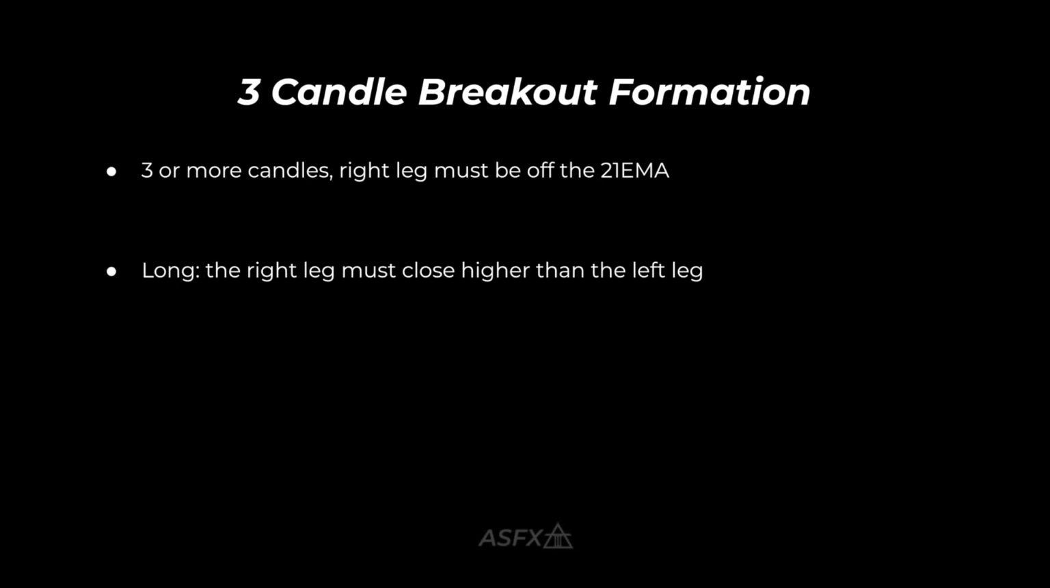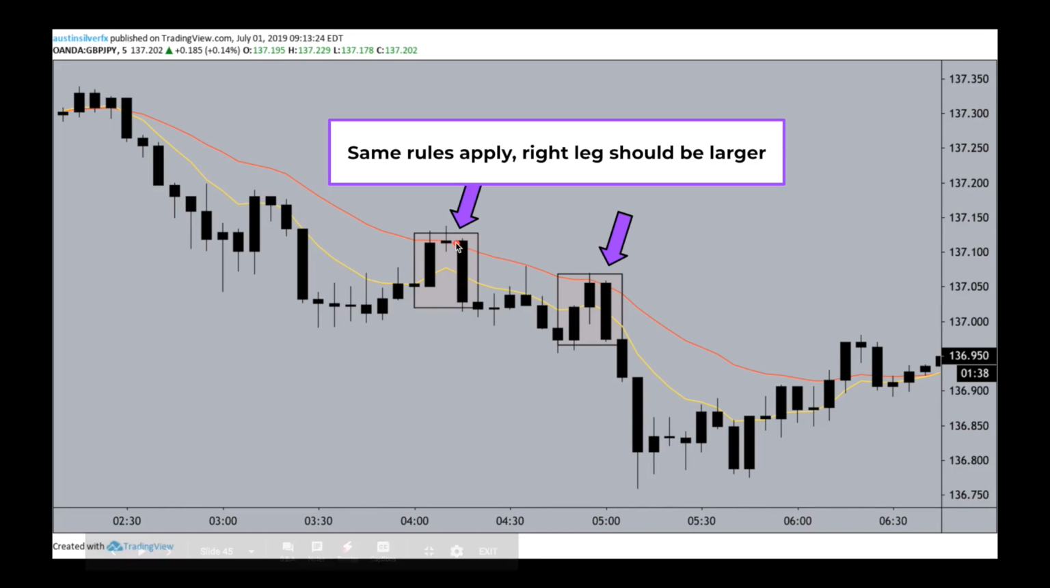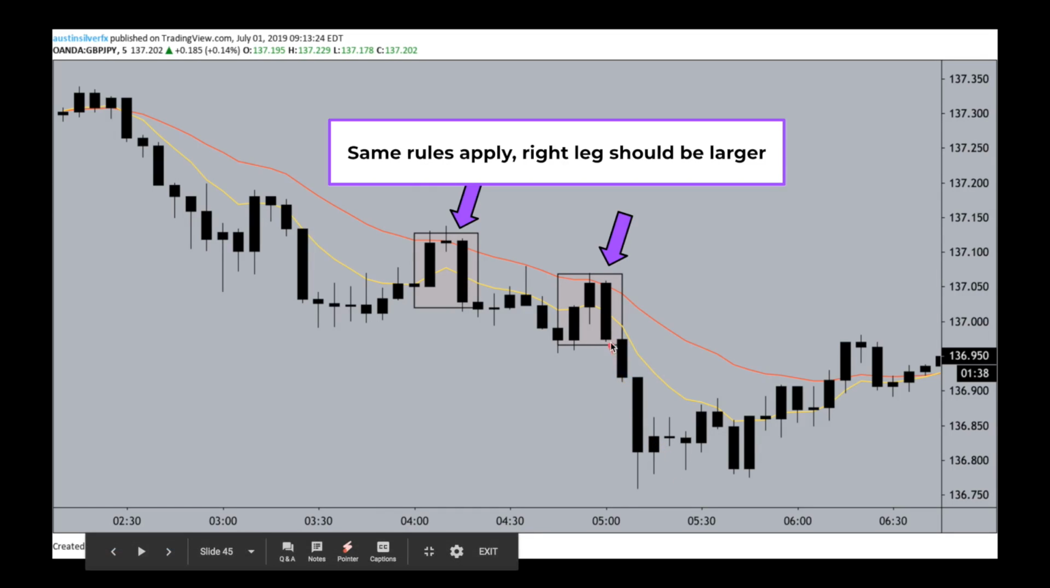This is 3 or more candles where the right leg must also be off the 21 EMA, just like in the 2 candle breakouts. And just like in the 2 candle breakouts, if it's long, the right leg must be higher, and if it's short, the right leg must be lower. Here are 2 examples of really nice 3 candle formations. You can see the right leg off the red 21 EMA is lower than the consolidation before it. Again here, that right leg is just about even, but because it comes off the 21 EMA, you can measure your risk